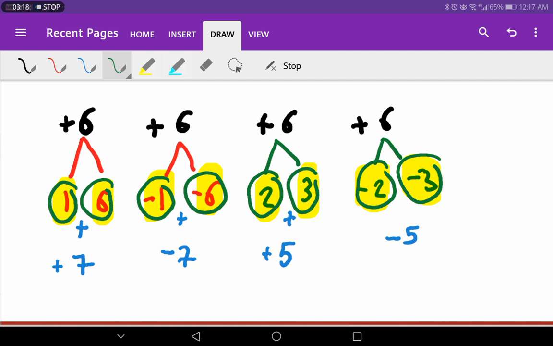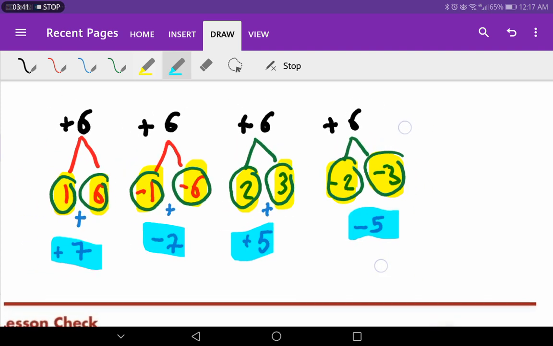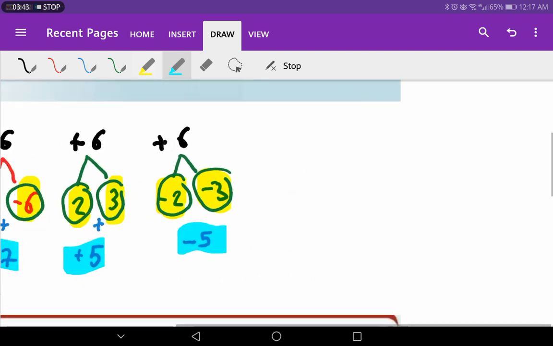For example, the positive 6 comes from 1 and 6, -1 and -6, 2 and 3, -2 and -3. And you know that this is the sum of each pair of factors. Okay, each pair of factors has a different sum. Good. But if he asks you, what are the factors of